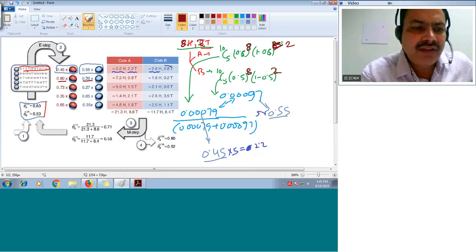Okay, so these values are again multiplied with the number of heads. How many heads do we have? 8 heads, multiplied by 8. Then it becomes 0.72 for heads, and similarly you get the values for tails. So you do it